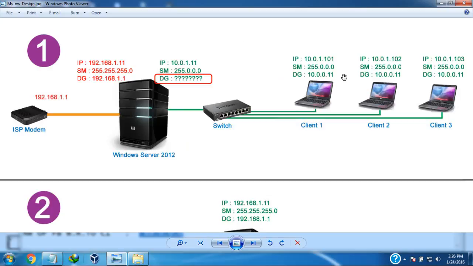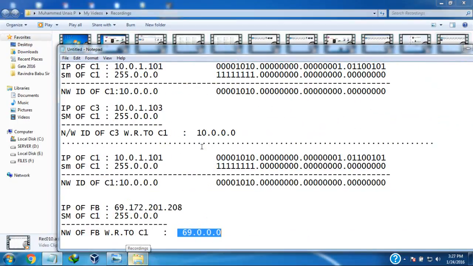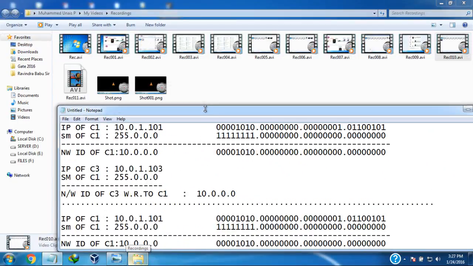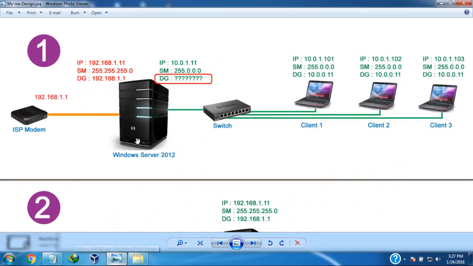Now this request reaches this server. Okay. In the server we have two NICs. So when this request for Facebook arrives at the server,